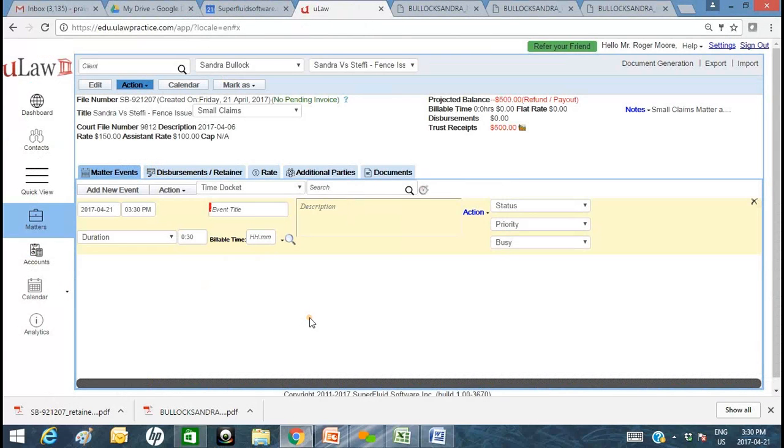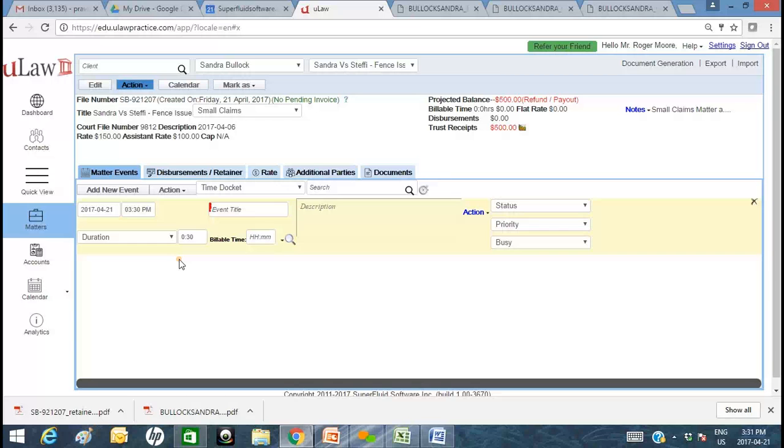Now let's move on. So now comes the next logical step, which is for you to put in the effort as part of this file. So you obviously want to win this case for your client. Now comes the next step, which is really your effort that goes in. And in the legal lingo, it's a combination of dockets, which we call events, and disbursements. Okay, so depending on the file, there are various ways in which you can represent the dollars and the cents and the money that is now associated with the effort